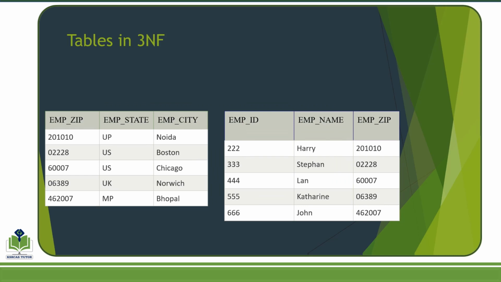Whereas the second table has another three fields: employee ID, employee name and employee zip code. So now the tables are in third normal form. Previously the table was in second normal form but not in third normal form, but now it is in third normal form, so we can move to the next normal form,